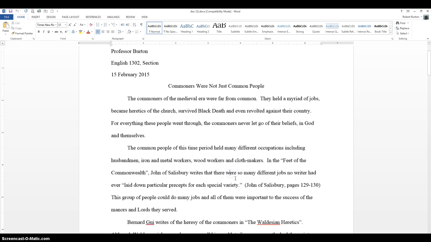Now the problem is that she doesn't really have any place to go at the end of this thesis, and that's why I'm always going to suggest that you end with a reason, because now she has something she could add to it, and it will give this paper direction instead of just her having to beat the drum of commoners never letting go of their beliefs in God and themselves. Well, now if we add a because, we can say why that is. So the commoners never let go of their beliefs in God and themselves because